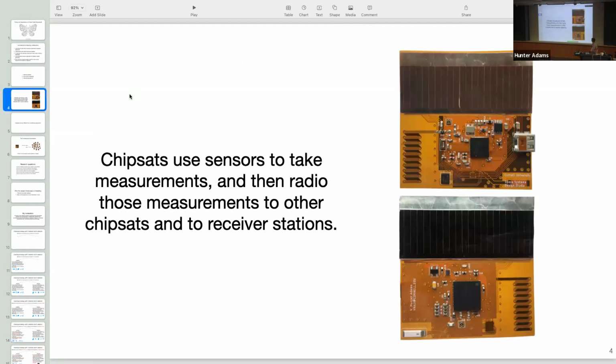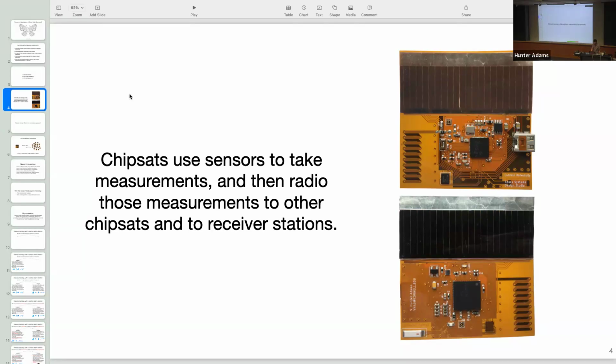What is a chipsat? Well, it's a very tiny spacecraft. Essentially, it's a printed circuit board where every item on that printed circuit board is chosen, among other things, for its robustness to surviving in the space environment. So each chipsat, each little spacecraft, is designed as a free-flying spacecraft. Each has a processor and a suite of sensors and a radio. They use their sensors to take measurements, and then they use the processor and the radio to communicate those measurements to one another in a network, and then back down to data aggregating receiver stations.